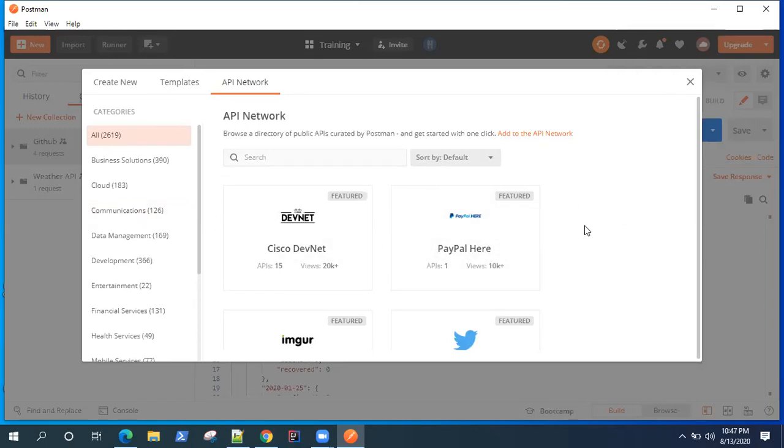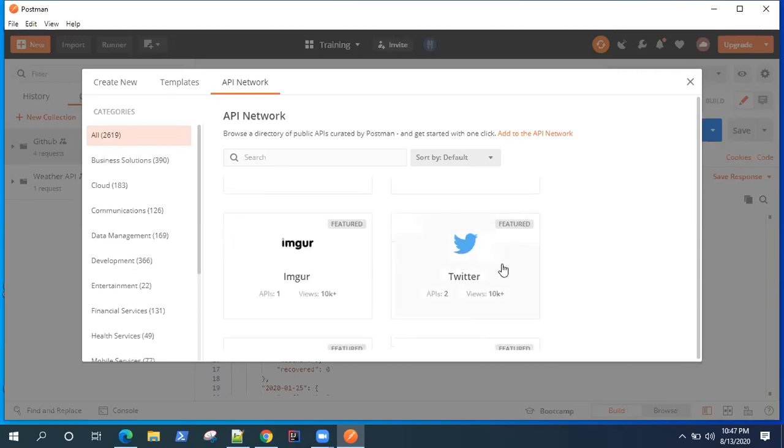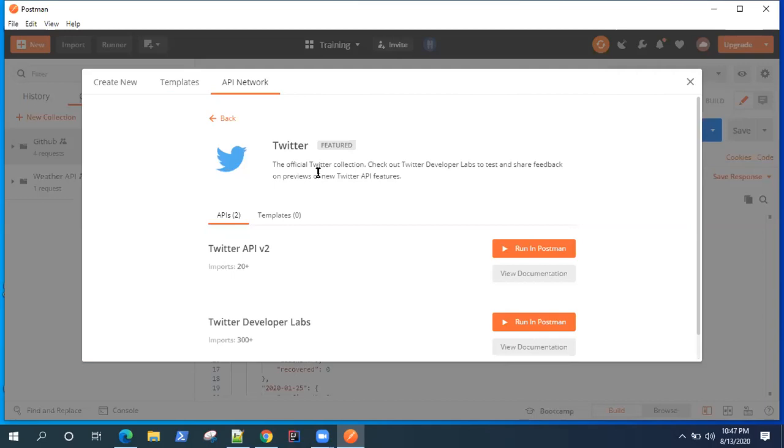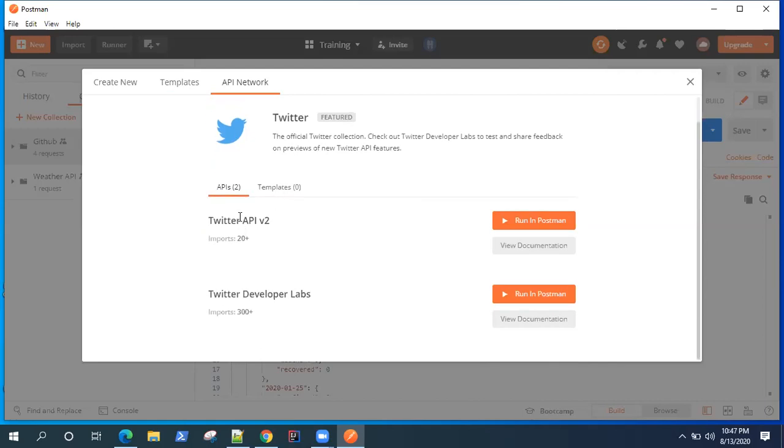These APIs. So let's select some API here, like the Twitter API, right? So this is the official Twitter collection, right? And they have provided us with two kinds of APIs, which are API version 2 and the developer labs.